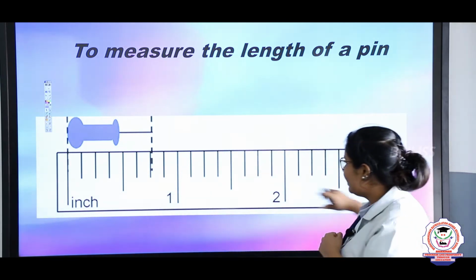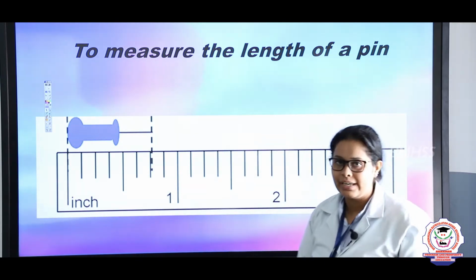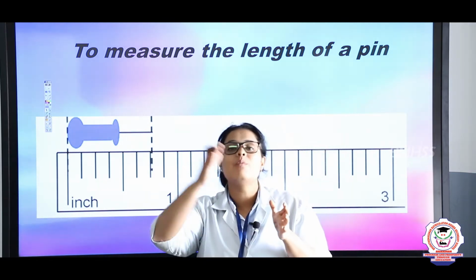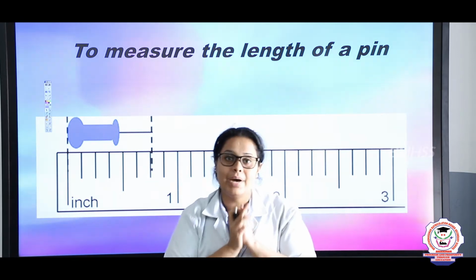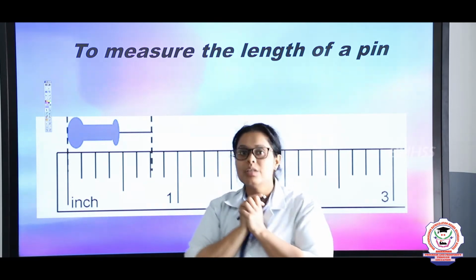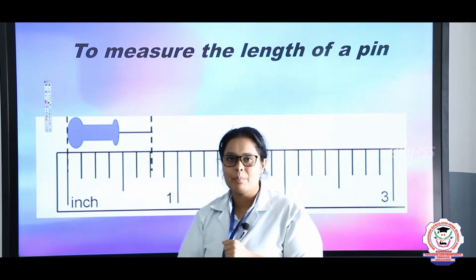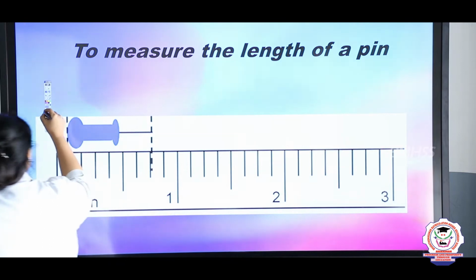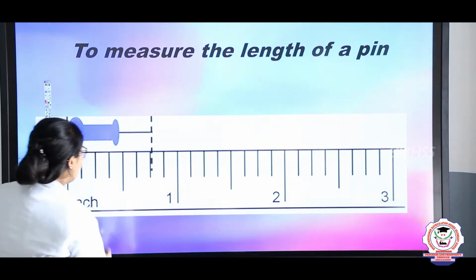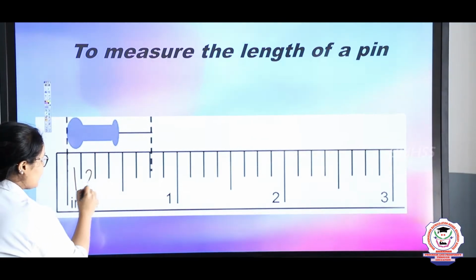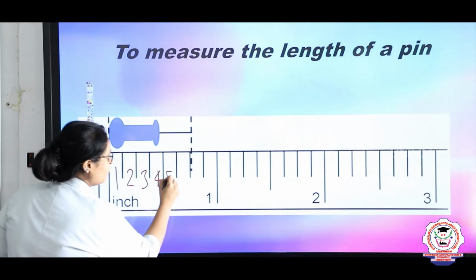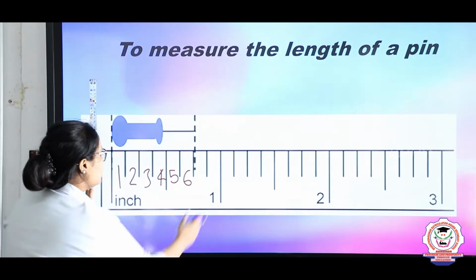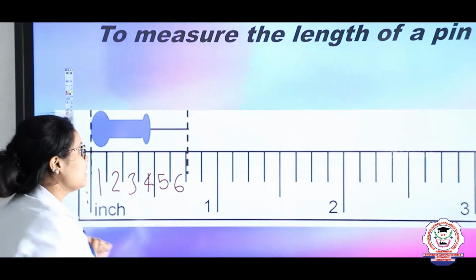Here you can see that I am using an inch scale, because an inch is a type of measurement which is somewhat equal to a centimeter, but it is twice the centimeter. I have taken a paper pin. When I keep it here, you can see that in 1 inch it occupies the first, second, third, fourth, fifth, sixth part, like 6 parts have been covered here, right? And the total number of parts in 1 inch is 8.